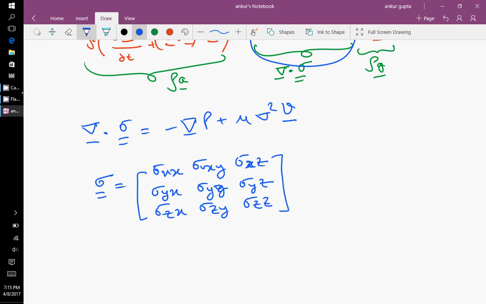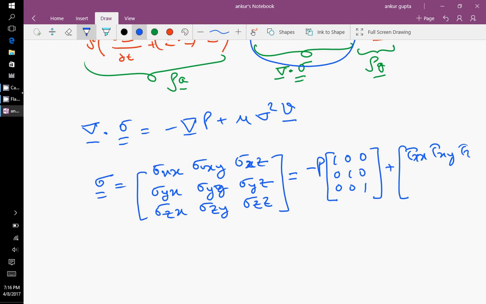And we say that sigma can also be written as minus p times the identity matrix, 1 0 0, 0 1 0, 0 0 1, plus the matrix tau xx, tau xy, tau xz, tau yx, tau yy, tau yz, tau zx, tau zy,